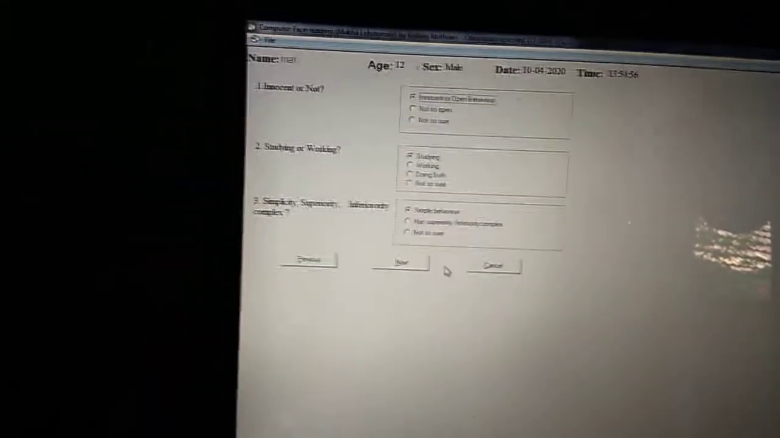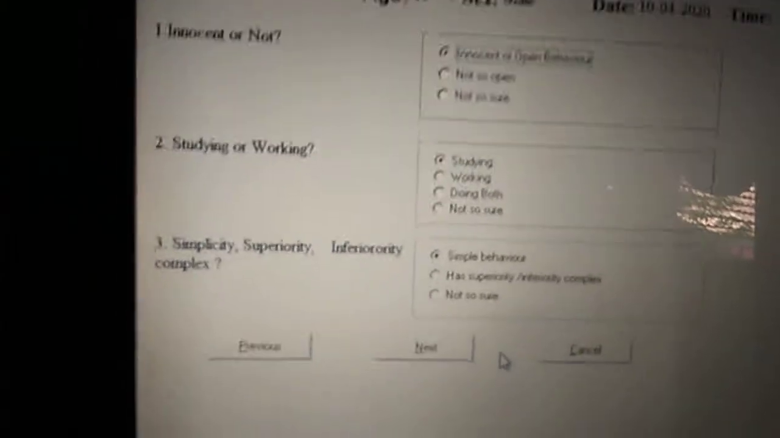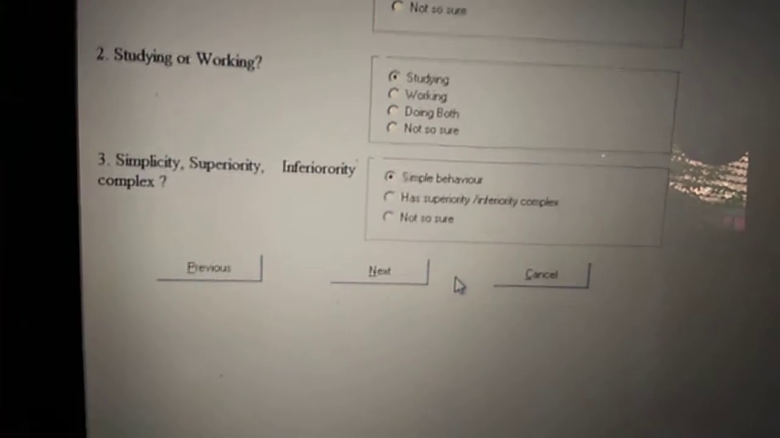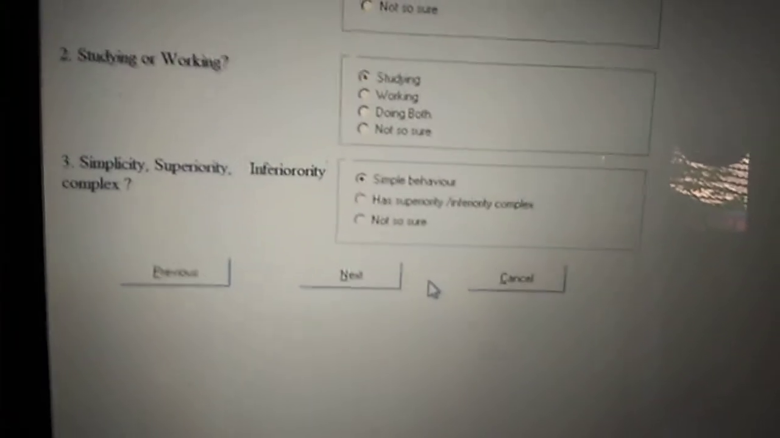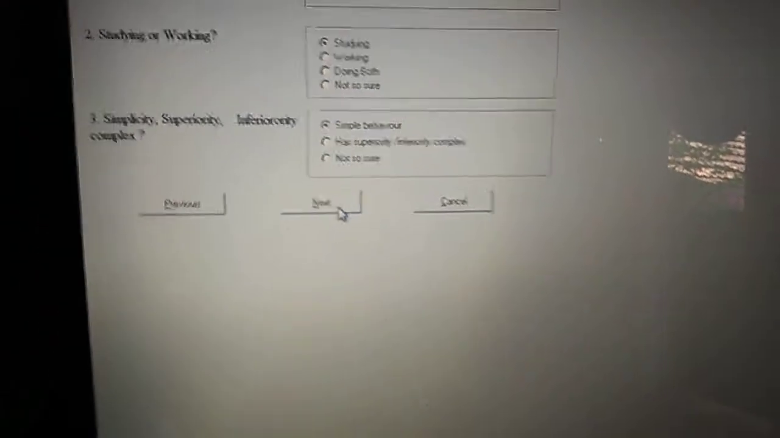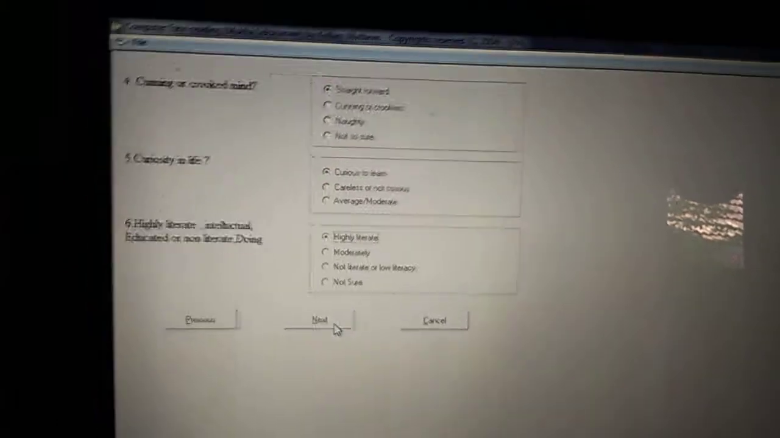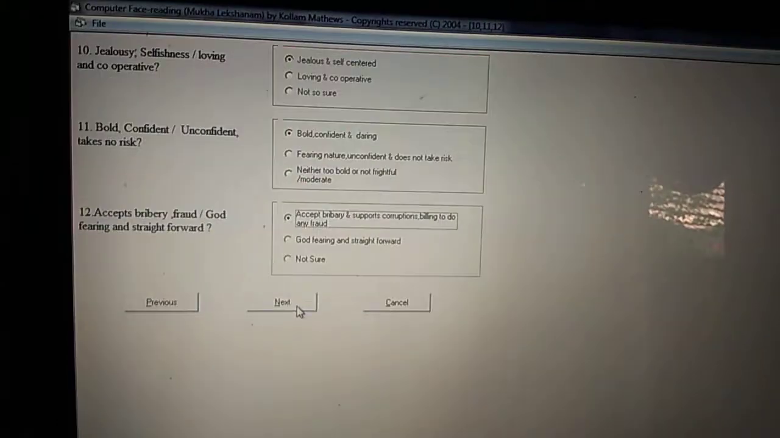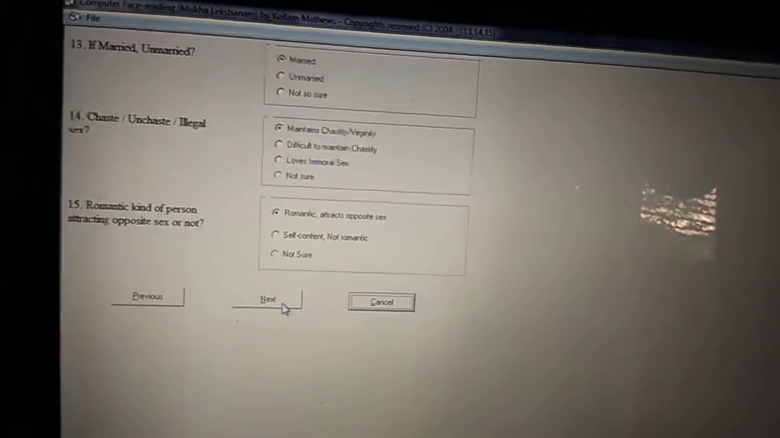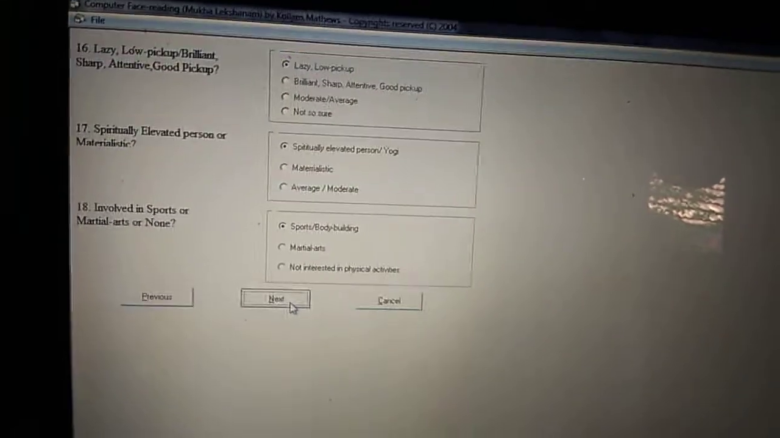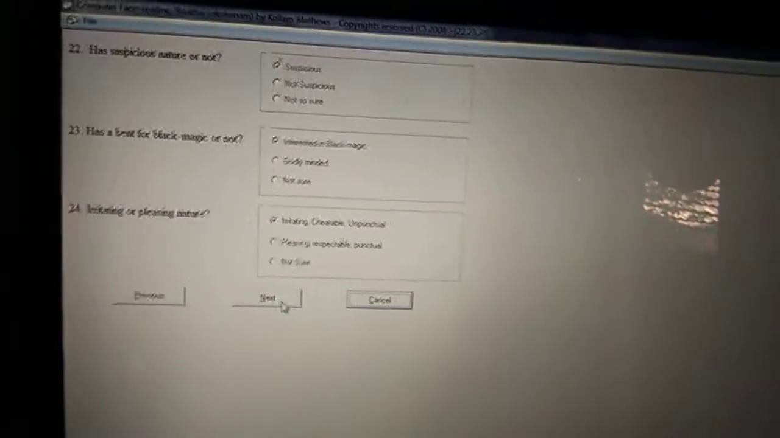So the details of the software are given. I just give next, and it comes to whether the person is innocent or not, studying or working, simplicity, superiority, whether the person has a superiority or inferiority complex, and so on. So it asks for 20 such inputs. I just give next. Different questions are asked based on that, and I give the next. So finally